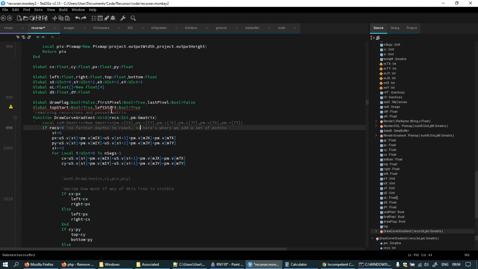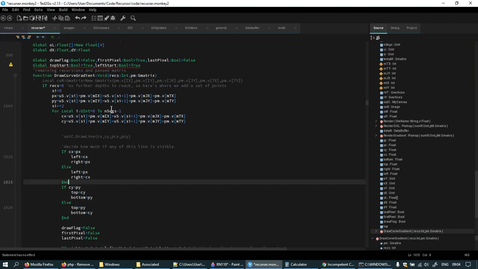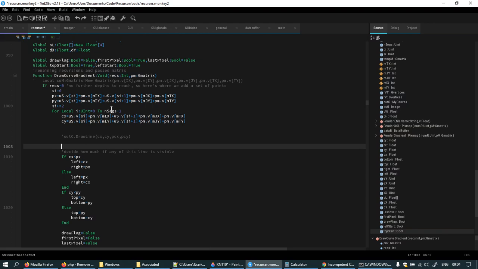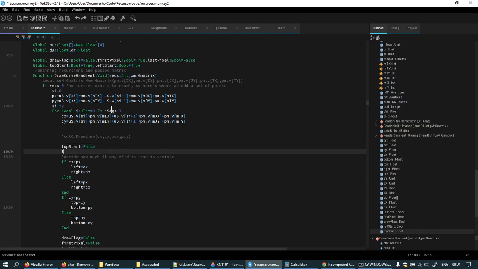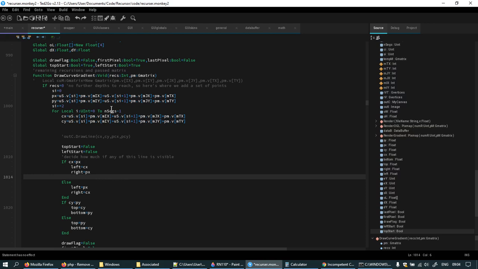Not that those values will have any meaning. These would be reset initially. Top start equals false. Left start equals false. If cx is less than px, then left